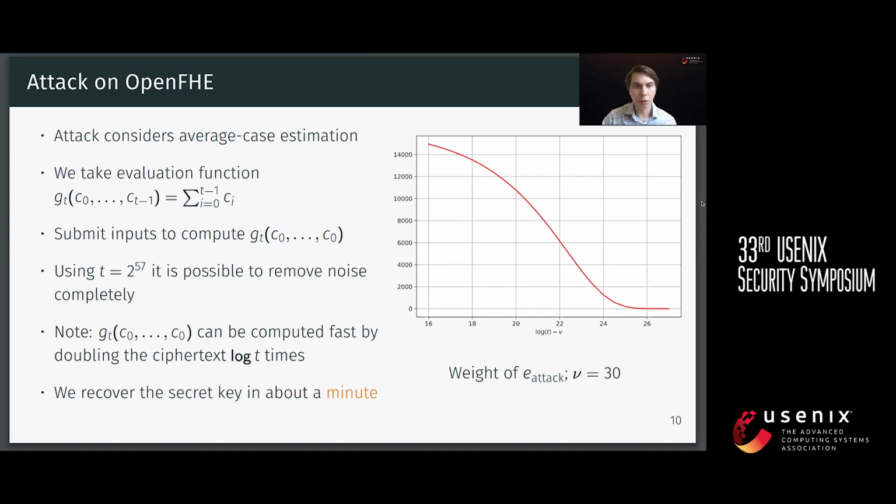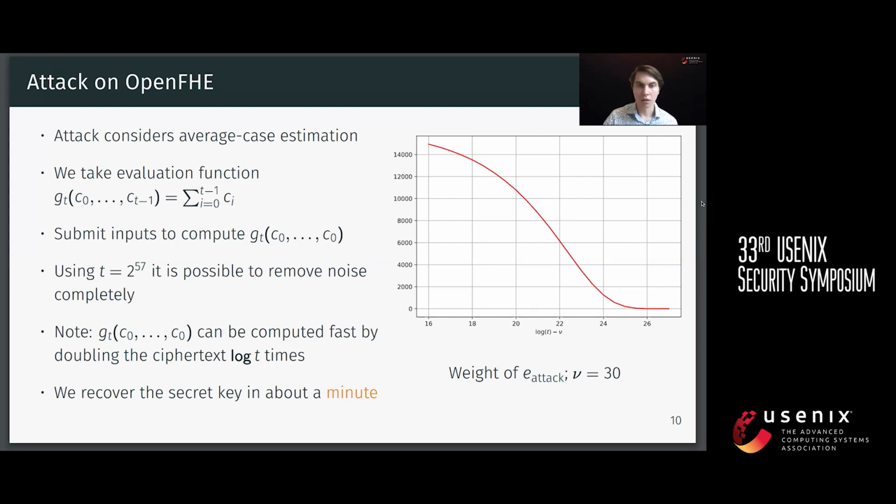So in our attack, we consider a simple function, G_T, which just adds together T ciphertexts. But the adversary computes G_T where, as an input, we submit the same ciphertext T times. And what does it mean? Instead of the noise that we expected to be square root of T times the original noise, we get T times the original noise. So there is a huge discrepancy between them, which means that if we increase T, as we can see in the figure,